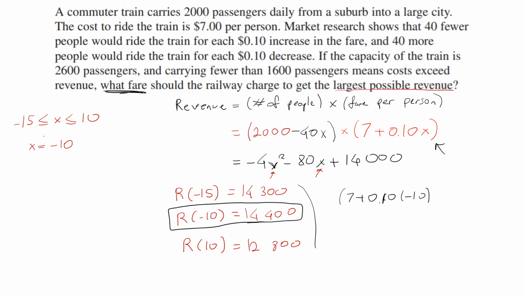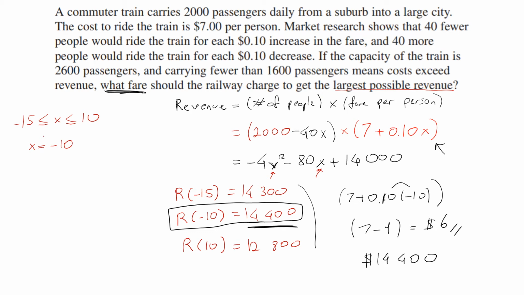Yeah, over here. So I know when I multiply 0.10 by 10, I'm going to get 1. So that's going to be 7 minus 1, and I get the value of $6. So I should charge $6 each person, that's for each passenger. And what my 14,400 represents is my daily revenue. So my daily revenue would be